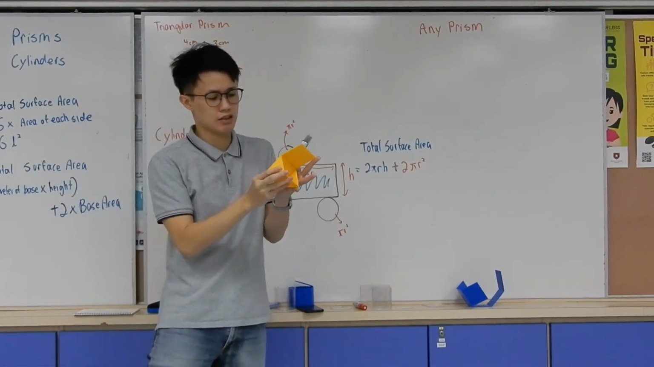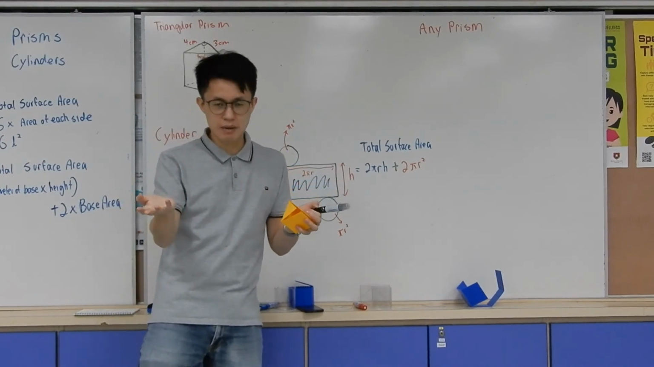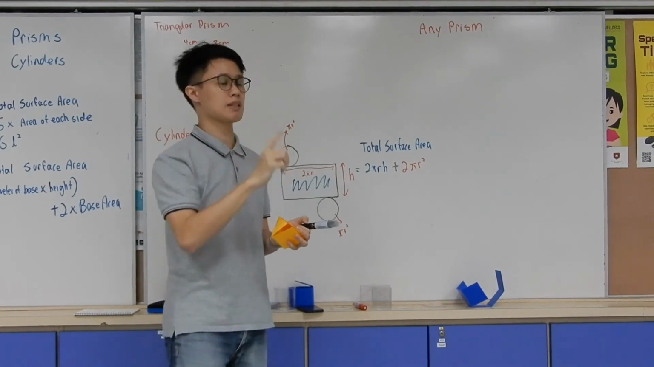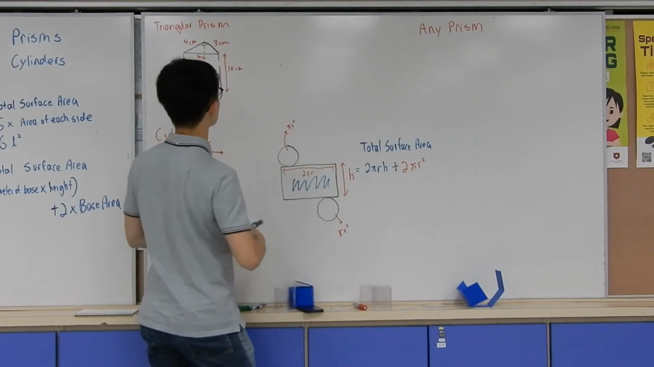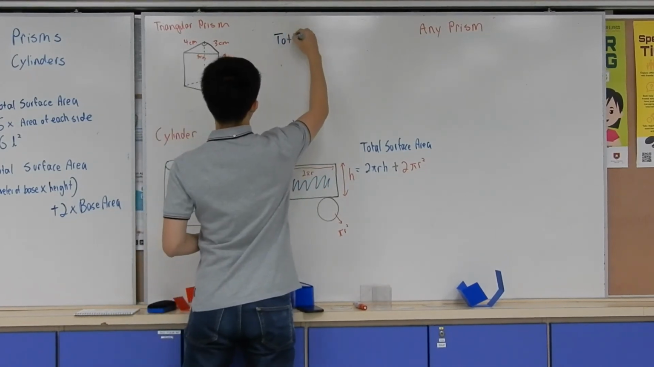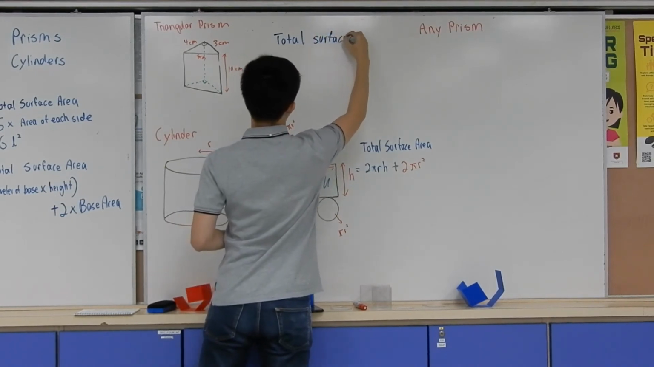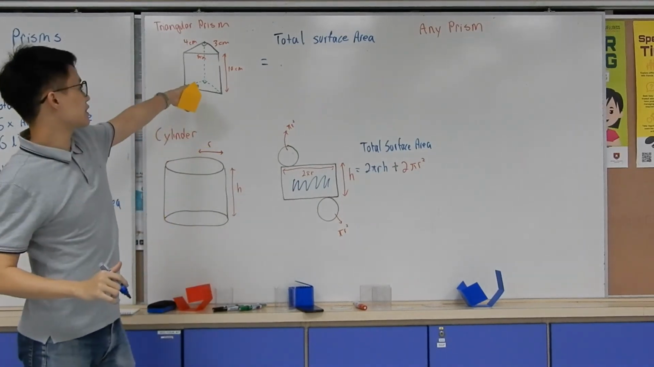I don't necessarily need to have a triangle here. I can have a parallelogram. I can have a weird shape as long as I know the perimeter of the base area. So let's quickly do this. So same thing, the total surface area here for any prism. In this case, I will just say the triangular prism. In this case, it is just the